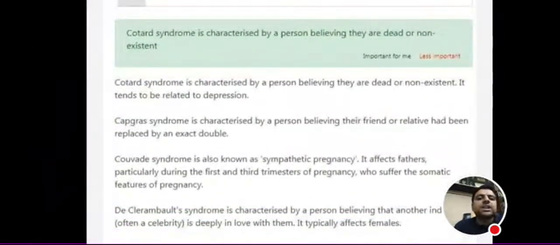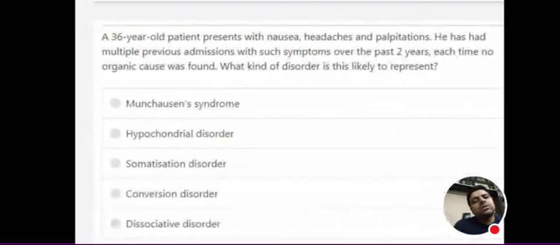It affects the father particularly during the first and third trimester of pregnancy, who suffers the somatic features of pregnancy. Okay, that is couvade syndrome. Now,